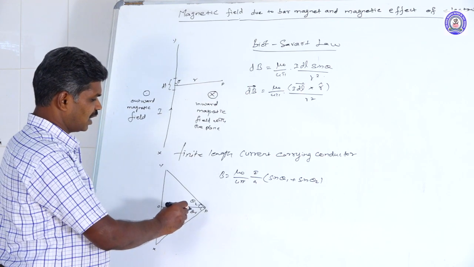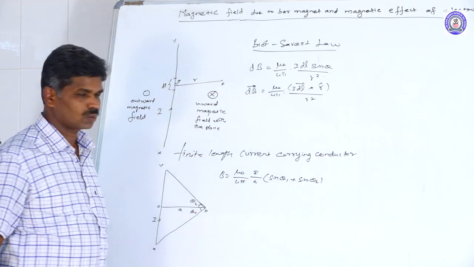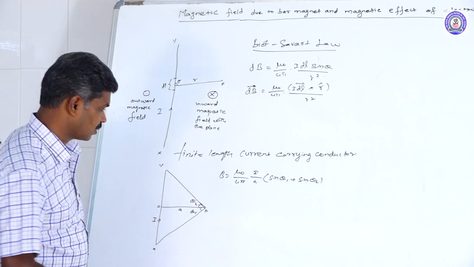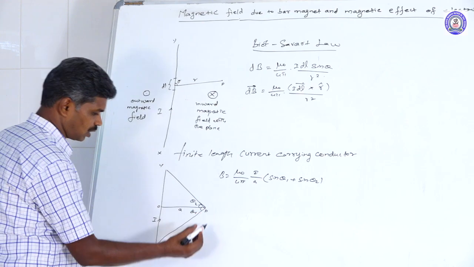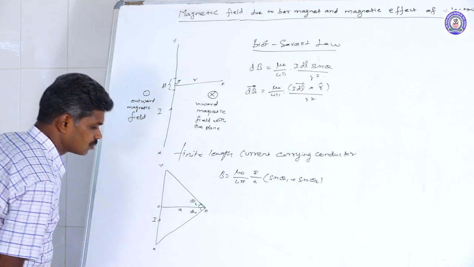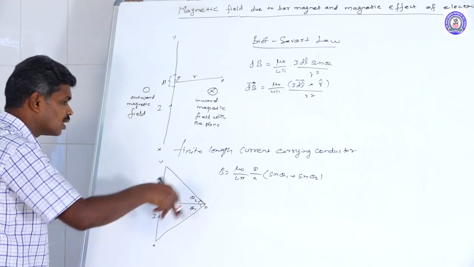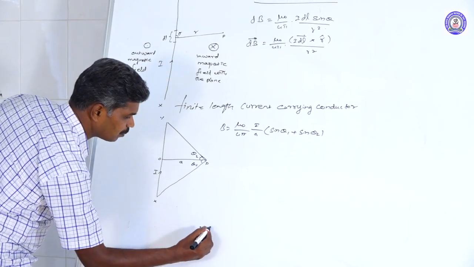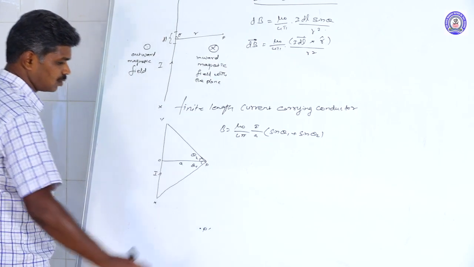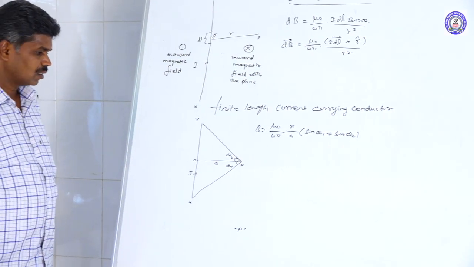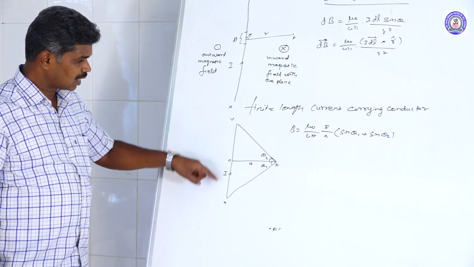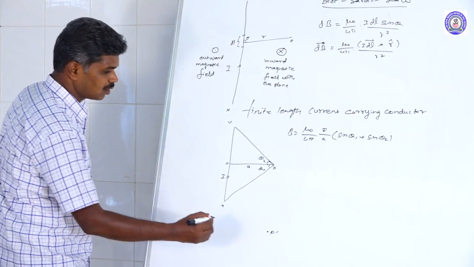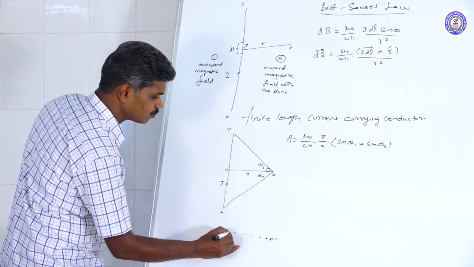Suppose it makes a certain angle, for that angle we can substitute. Okay. For the same finite length conductor, if the point is taken here, not around the conductor but below the conductor, suppose this is a point P prime. At this point, I want to find the magnetic field for this current carrying conductor. For that we make a line joining, and we take a dotted line.